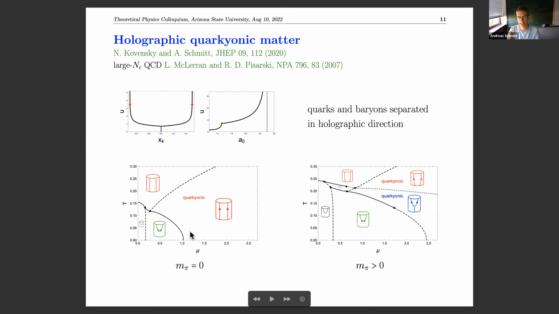All right, but otherwise there's no point in the calculation where we have to choose a value for NC. That's all hidden in these dimensionless units here. If I go to physical units later in the neutron star context, I just set NC to 3 by hand, thinking of an extrapolation from large NC.